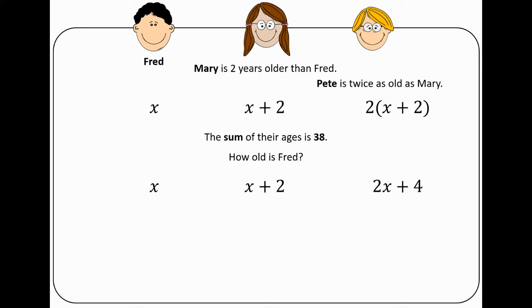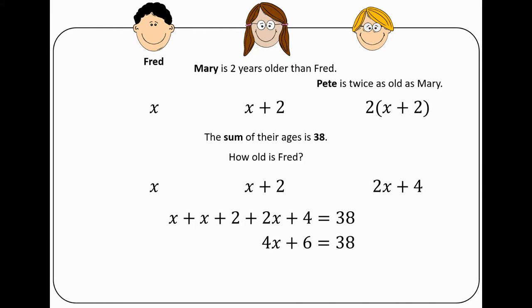Now, the sum of the ages is 38, so all I need to do, I can form a perfect linear equation by adding all of them up and making it equal to 38. X plus 2 plus 2x plus 4 is equal to 38. Collect the like terms. X plus 2x gives me 4x, and then 2 plus 4 gives me 6. So 4x plus 6 is equal to